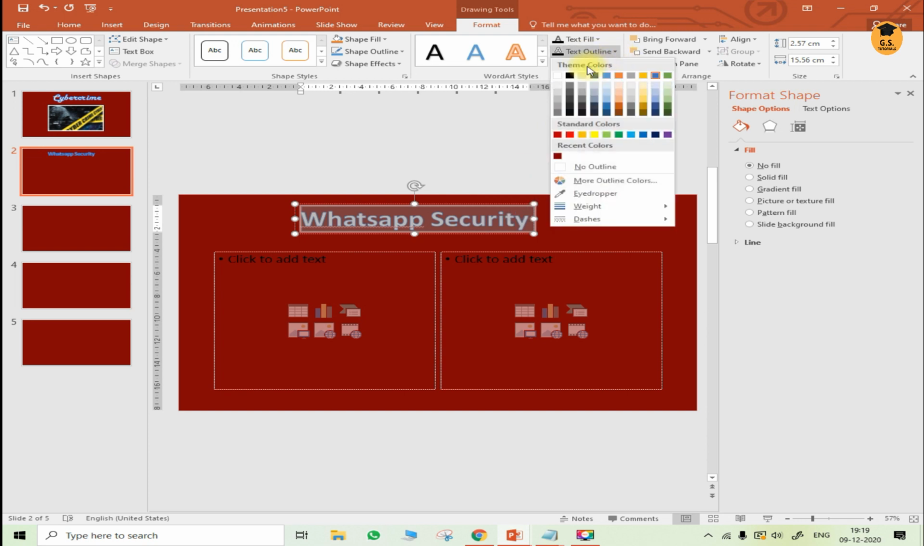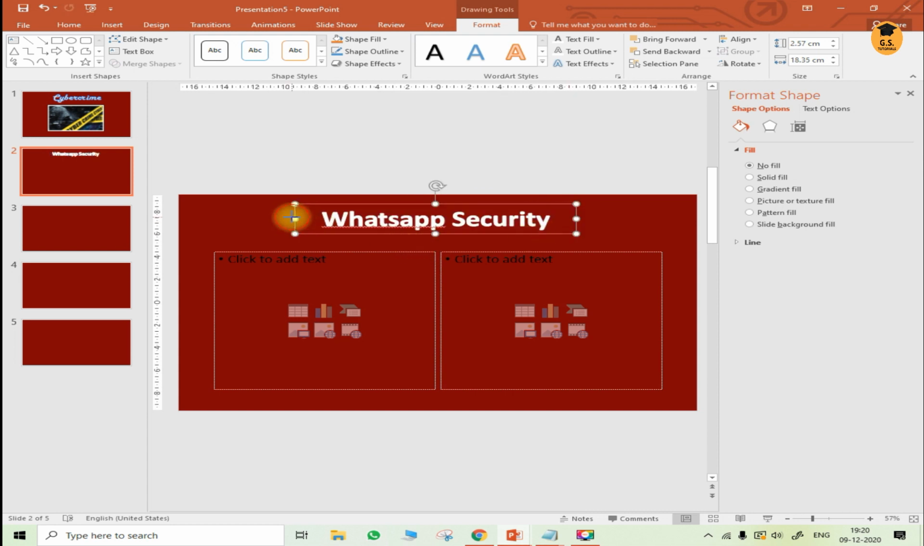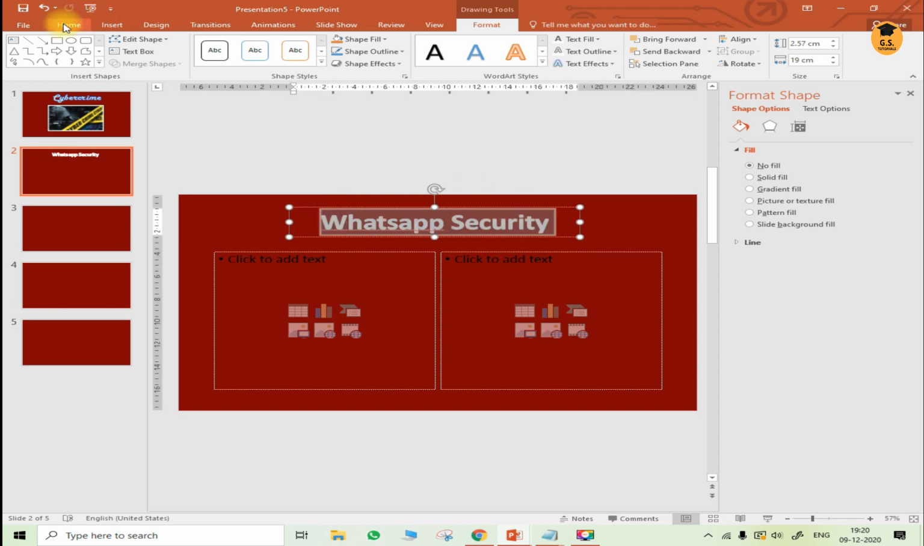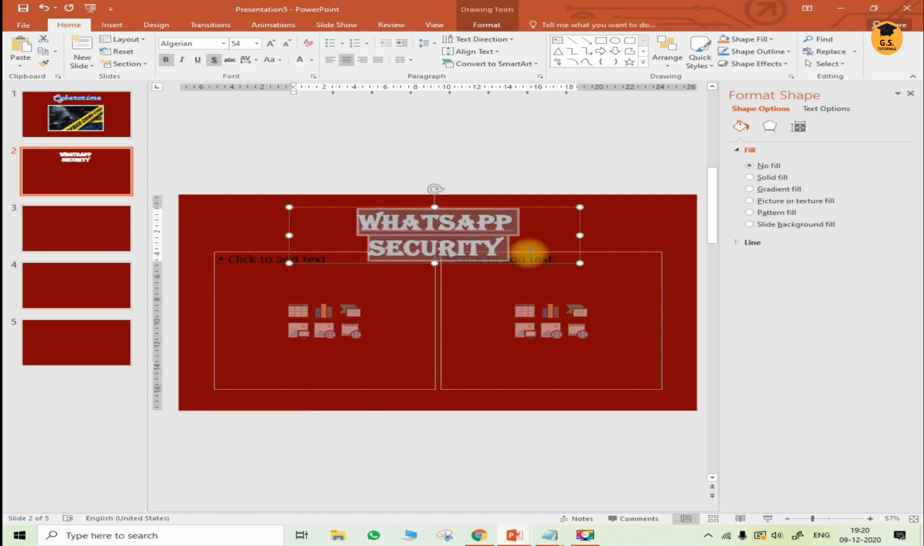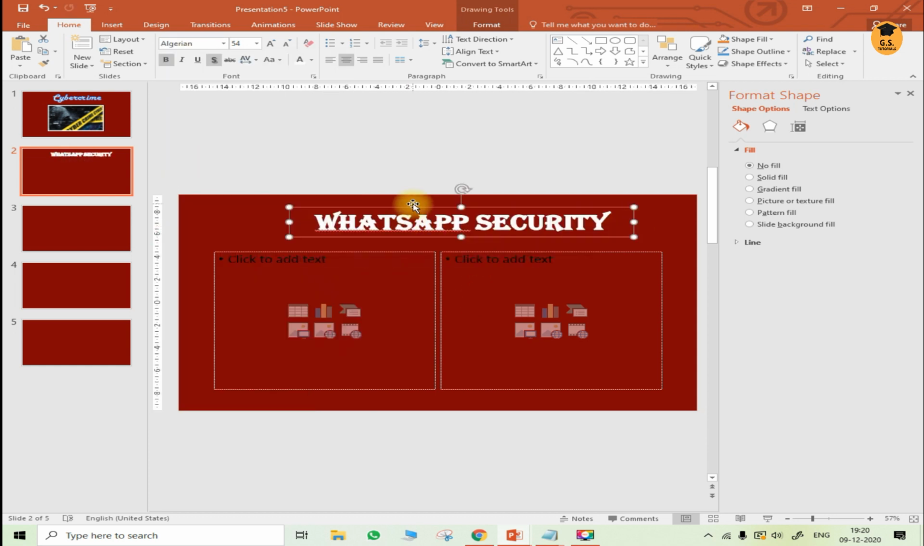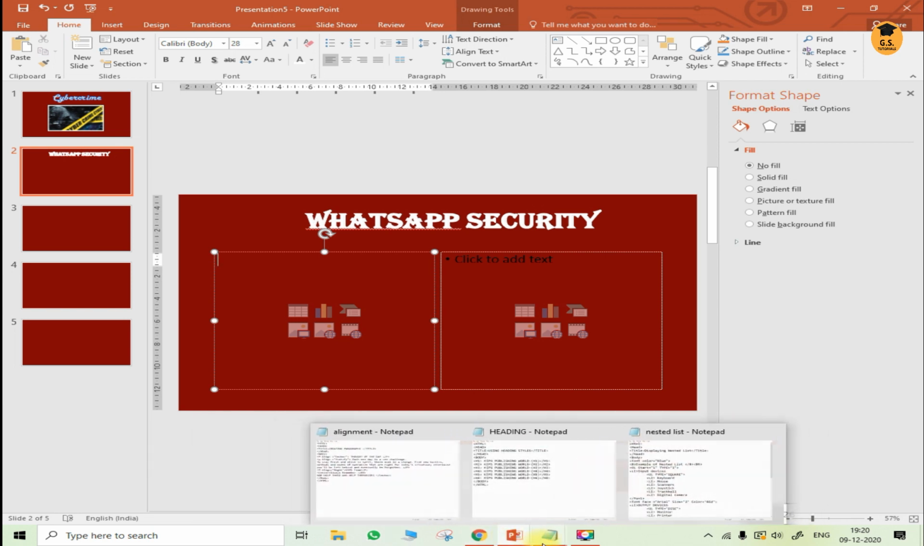Text outline also I'm going to give it in white color. Text fill also white color. Okay? Now if you want to make it broader, you can just do it. And if you want to change the font style also, you can just choose it. Let's say you chose Algerian, okay. So just place your font over here, subtopic name over here. Now the next thing is you can just write your meaning over here, meaning of WhatsApp